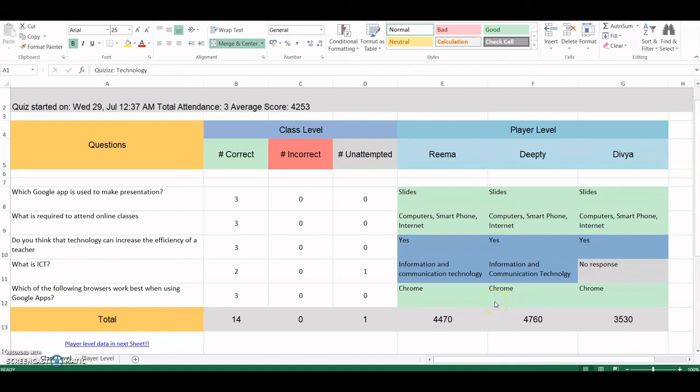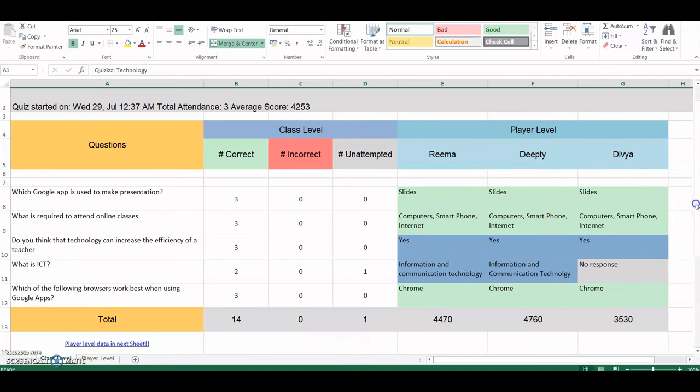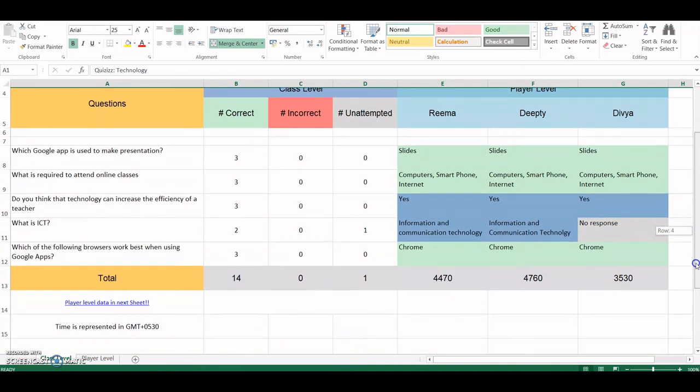You can see the results of your quiz in the MS Excel form, where you can see the number of questions, how many have got the correct answer, incorrect, and how many have left the questions unattempted, how many participants there are, and individually what they have responded. So this is one view to see the quiz.